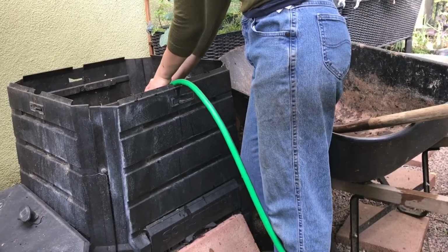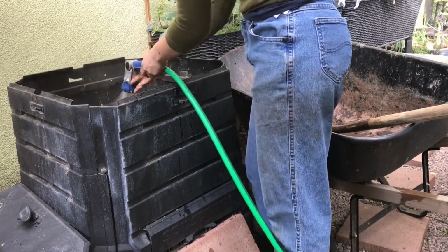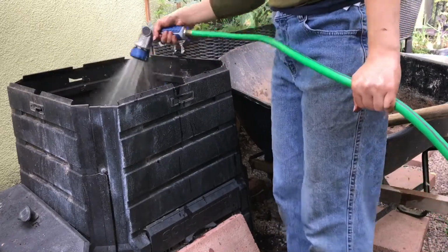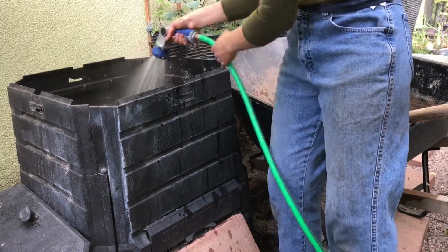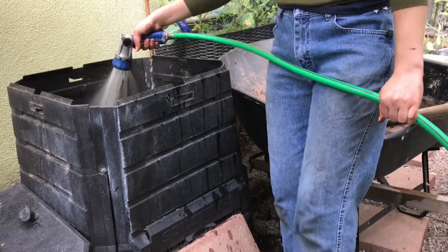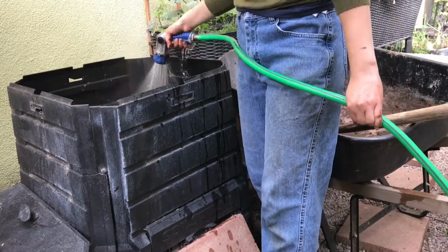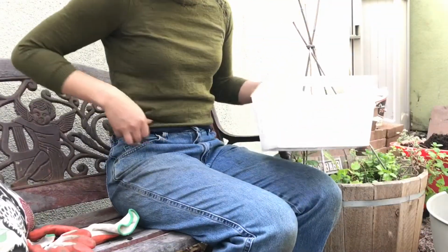Compost that isn't finished, give it a good water. You always want to make sure your compost is wet, but not too wet. What you're going to want to do is have